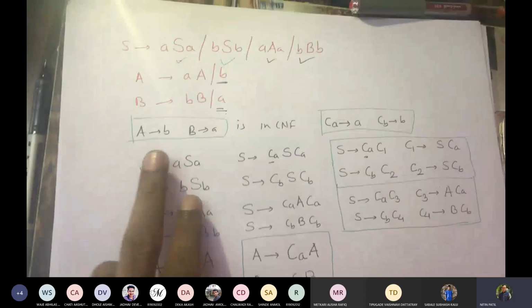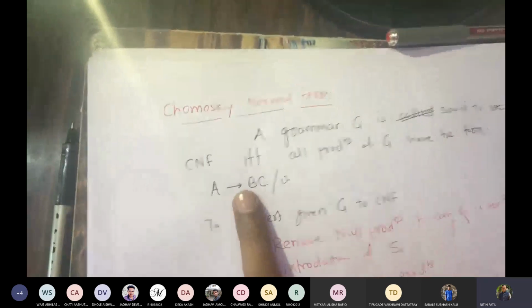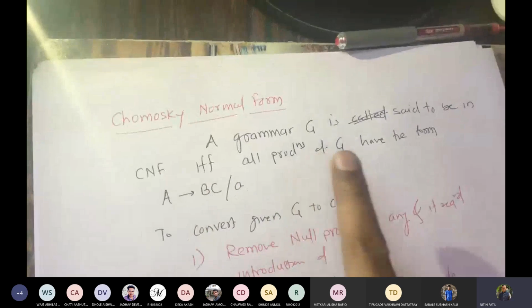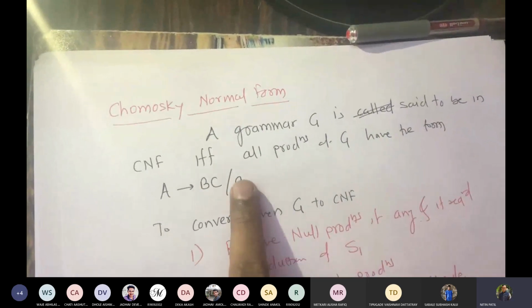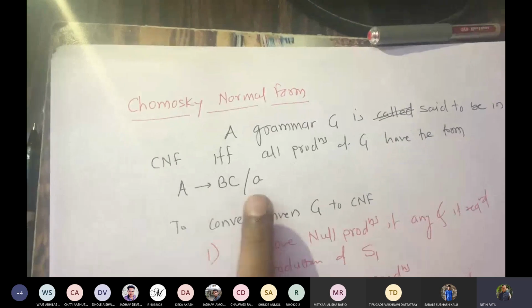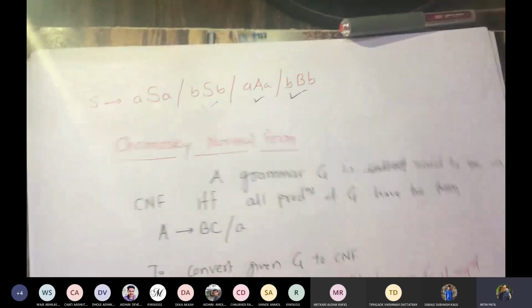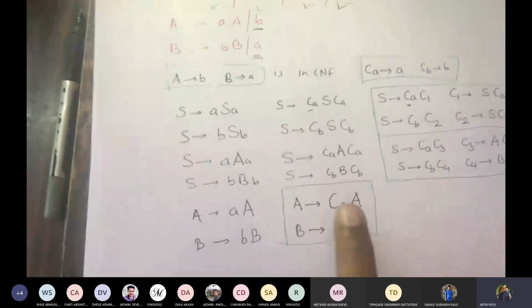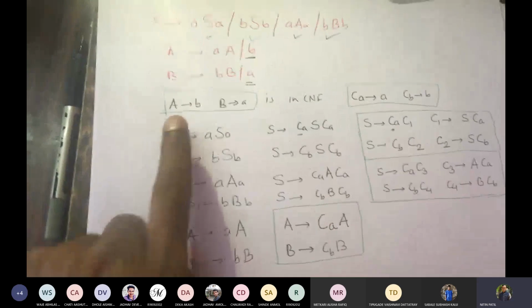So now you may see that we converted all productions, and now these all are in required form. You see here, variable, not terminal. So as per our rule, what did our rule say? A grammar G is said to be in CNF if all productions of G have the form A gives BC or A gives a. So what it means? A variable giving two variables or a variable giving a terminal. Correct. If you see here, now all productions, the ones marked with the rectangle, are in required form.